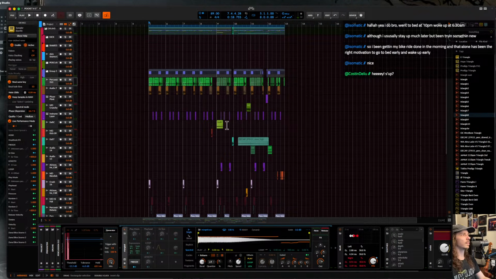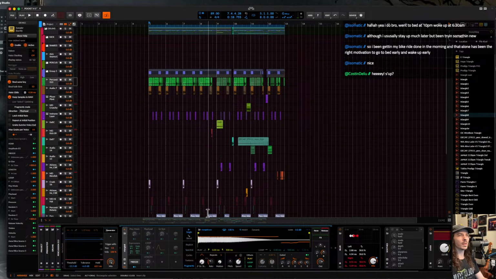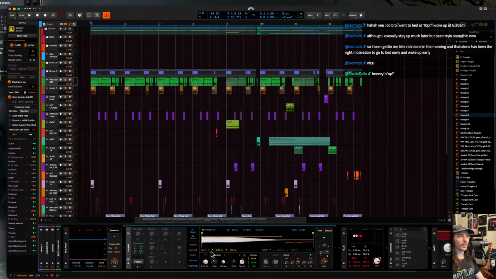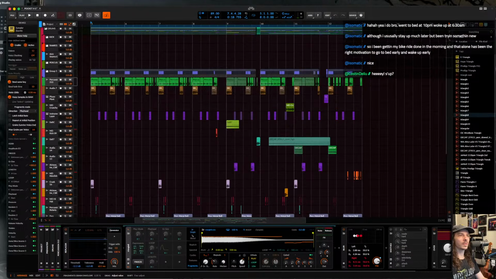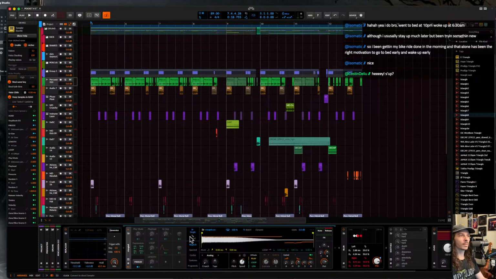Sweet. So, I mean, that's just something that maybe I don't want to keep, but it's pretty cool that it exists. There's also the fragments mode here, which has our motion over here to be able to change this. But how does that work when, like, let's say you want the grain to be on the opposite side? I guess it doesn't. So let me start off by changing this back into the repitch mode here, and then